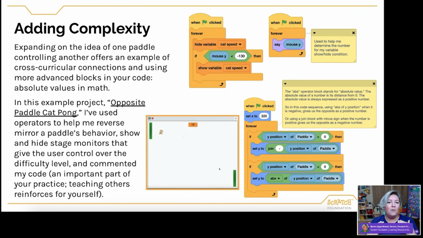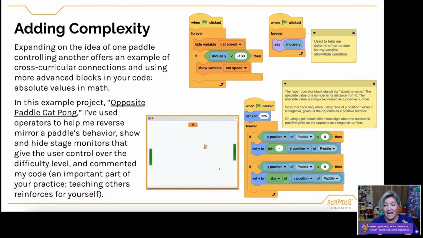And so what I ended up doing was using things like absolute value. That abs block that you see there stands for absolute value, and the absolute value of a number is its distance from zero, and it's always expressed in a positive number. So here I'm starting to get some kind of cross curricular connections by using these advanced blocks, thinking about some mathematic terms and ideas.